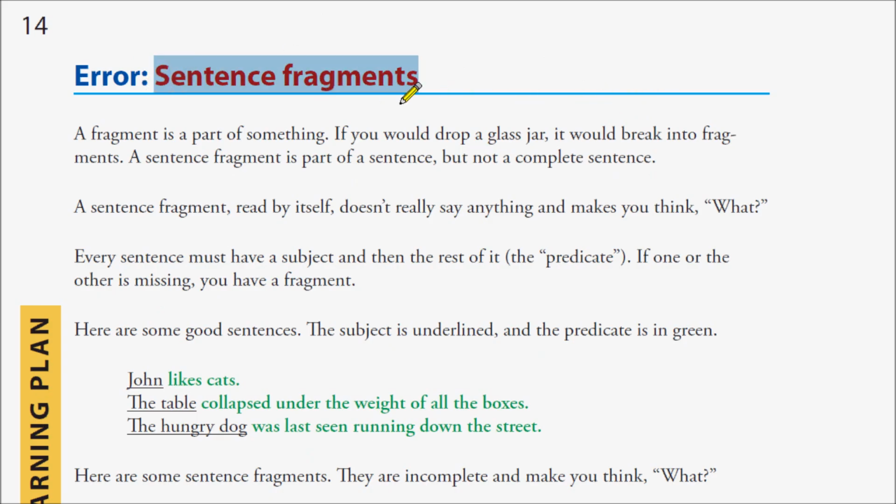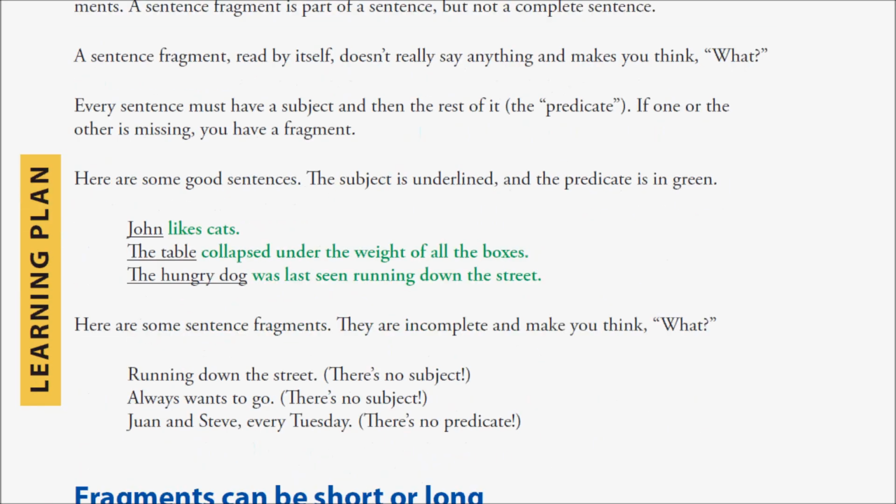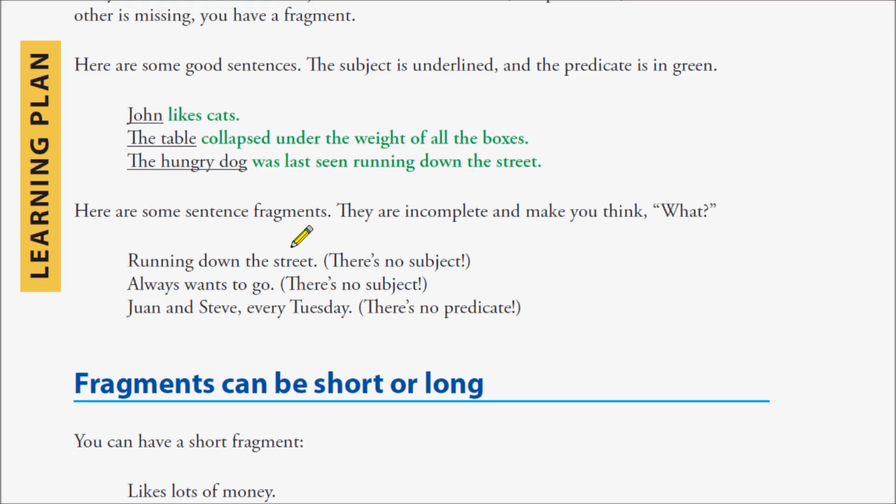So a sentence fragment means that you've only written part of a sentence, and it's a really common thing that happens. Like people just say, running down the street, believe it or not. And you're probably wondering, well, wait a minute, I wouldn't write that. But you know what? It sneaks in when you're writing paragraphs. When you're telling a story or explaining something that happened, or trying to convince people of things, sure enough, right in the middle of all of that is a sentence fragment. It sort of makes sense in the context of the other sentences, but every sentence by itself has to have a subject and a predicate.